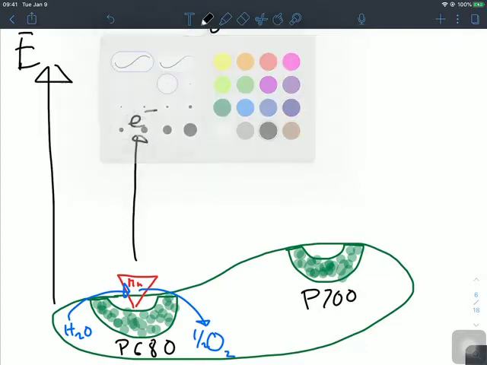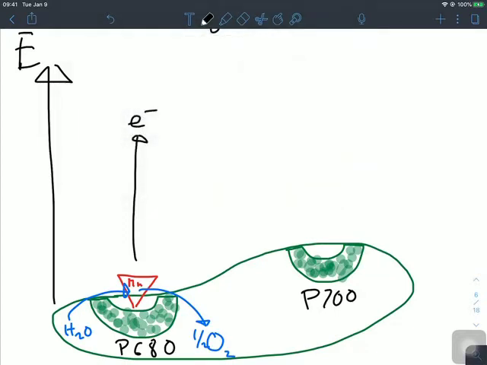Now, the thing that we did not discuss last time is exactly how this process of generating an ATP molecule occurs. And again, it's likely that this level of detail is potentially some overkill for an introductory plant biology course, but I want to introduce y'all to the level of detail possible in terms of our scientific understanding. Because by the end of this lecture, I'll